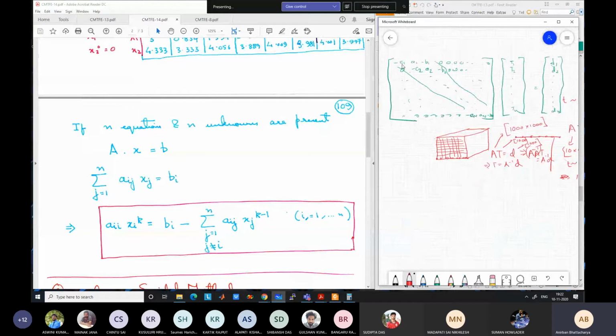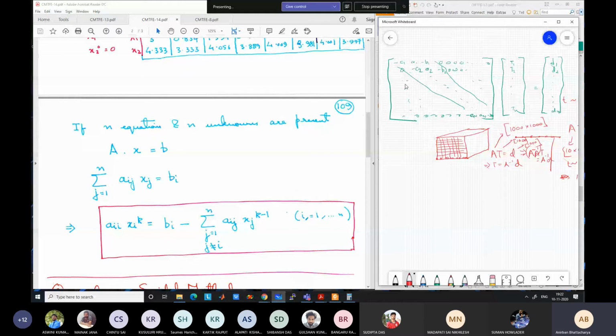Okay, so j is along the row and i is along the column. I varies along the column, so i is the number of the row, and j is the number of the column. So for example, if i is equal to 1 and j is varying from 1 to n, I can write the summation for j equal to 1 to n of a1j xj is equal to b1. So what is the summation of a1j xj?